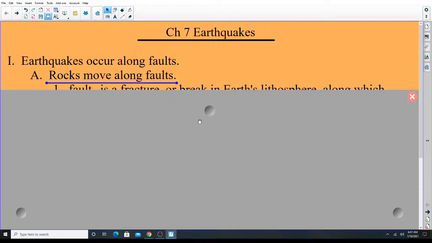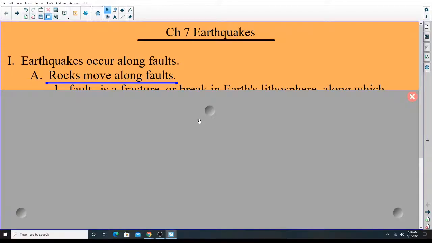So the main thing we have to remember is, if you remember, the Earth is made up of all these tectonic plates, these big, huge slabs of rock that are just floating right on top of this asthenosphere. That lithosphere, the solid part of the rock, it's just kind of skimming over the top of that magma of the mantle and the soft rock of the asthenosphere. Well, when those big blocks of rocks are moving around, they run into each other once in a while. And when they run into each other,